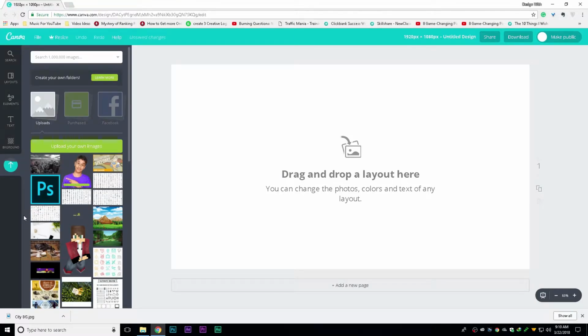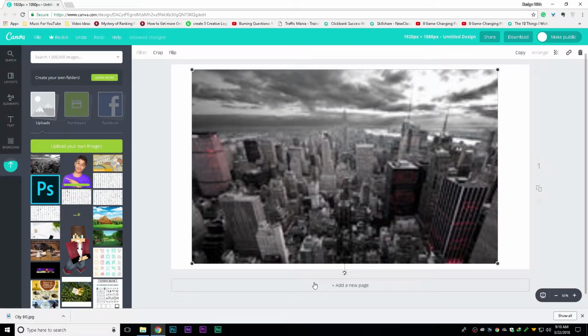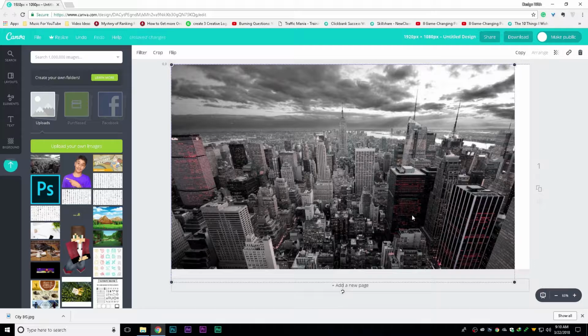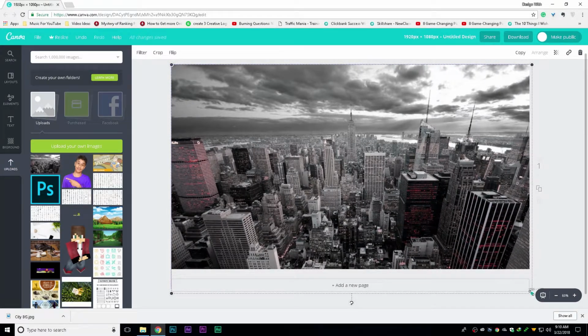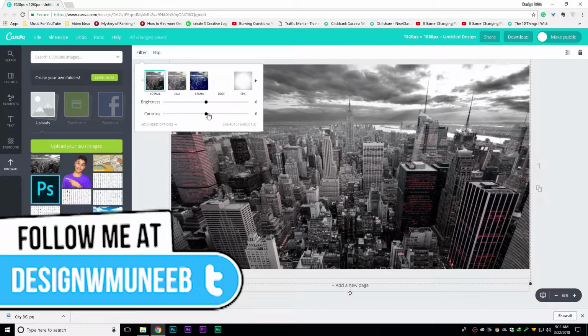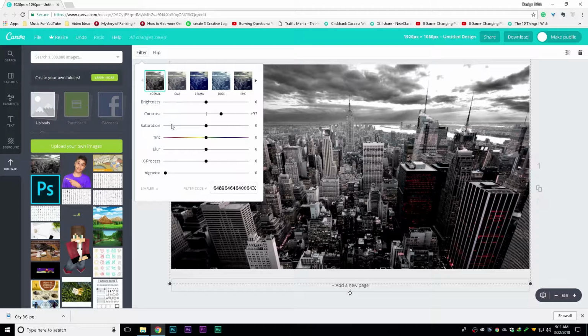Once the background has been uploaded, I'm gonna drag and drop it onto the canvas here. I'm gonna resize this so that it covers the entire canvas. I'm gonna go over to the filter and increase the contrast a bit. Then in advanced settings, I'm gonna increase the saturation a bit, and this is something I'm